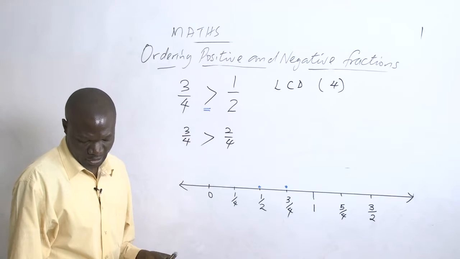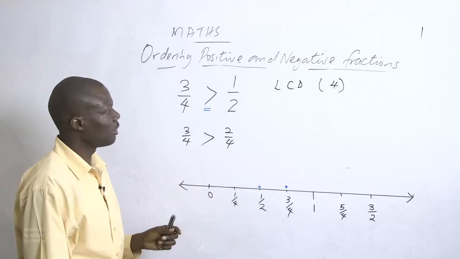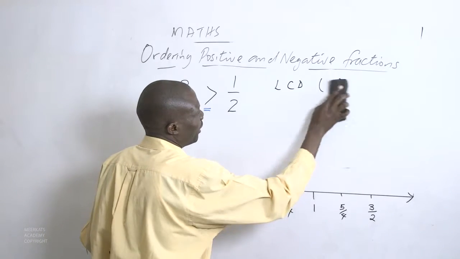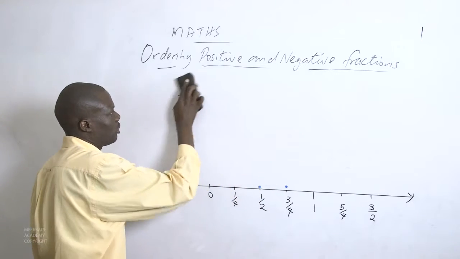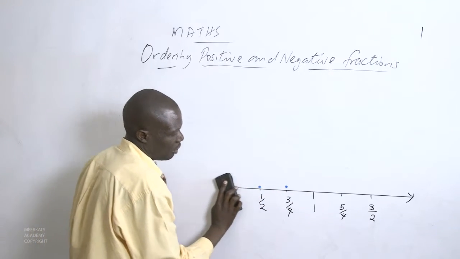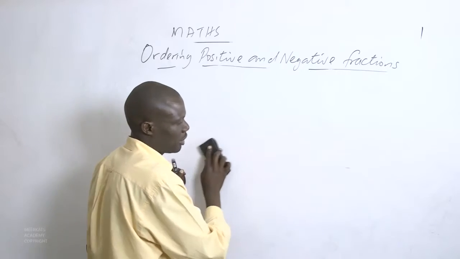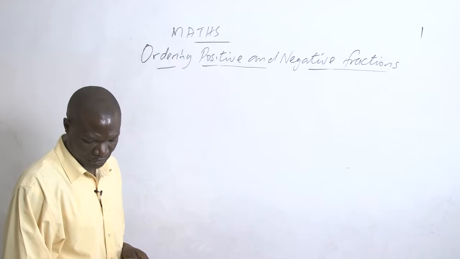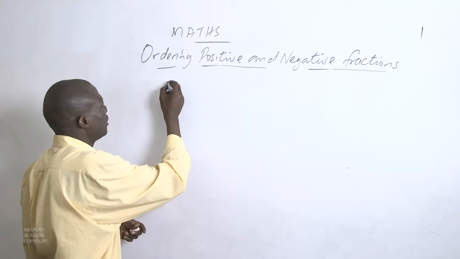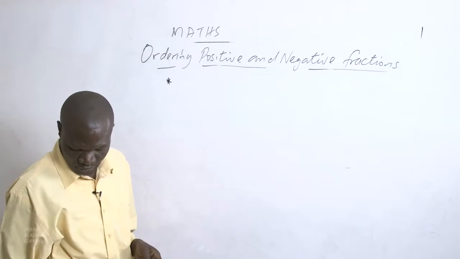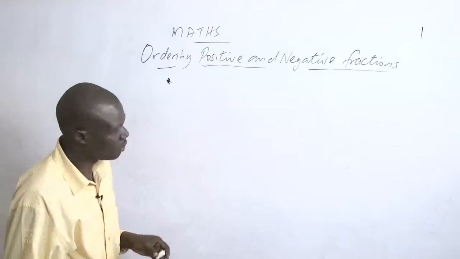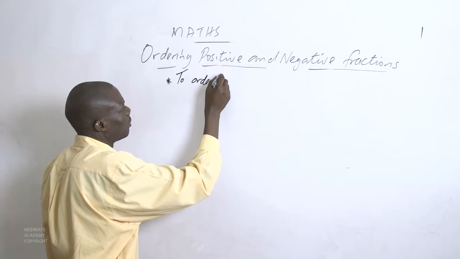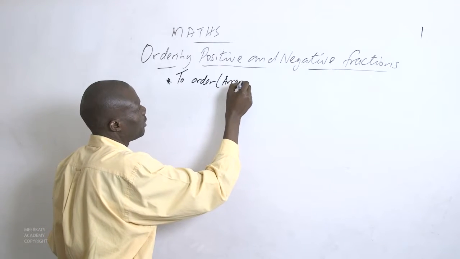So let us note the following in our notes. Those are the guidelines we are going to use as we carry out the ordering of fractions, both positive and negative. 1, we find that to order or just to arrange